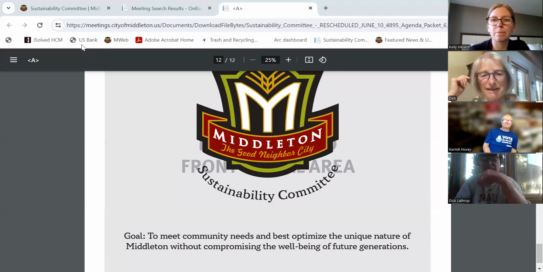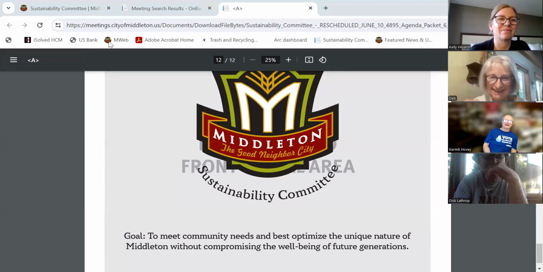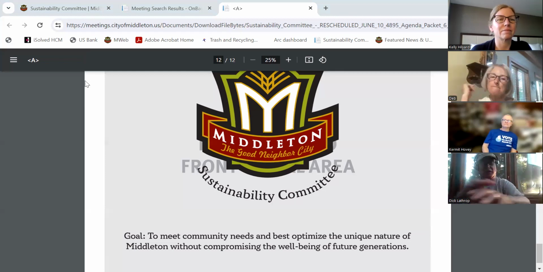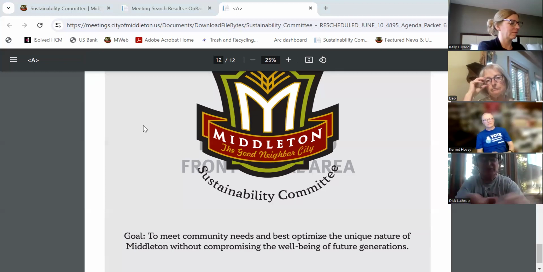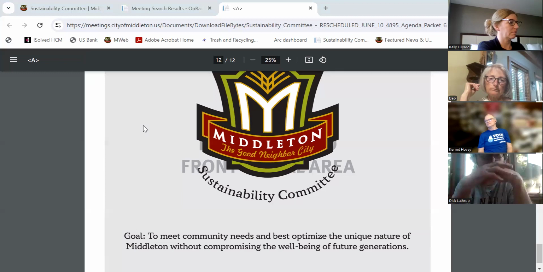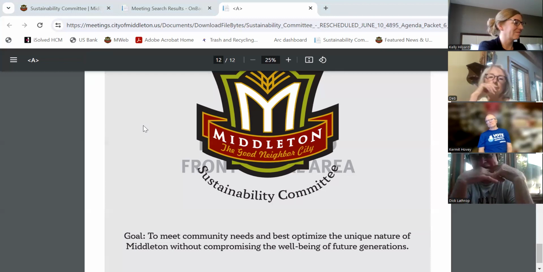Well, it is, but I didn't like that, so I changed it. Maybe you want it flat, but it just seemed to flow better this way. Yeah, but I think our official one is bolder, I don't know what the font is. This says Sustainability Committee. So it's basically our official Sustainability Committee logo. It takes the city logo and it puts underneath it what our committee is. And I'm glad Kermit and I don't always agree on everything, but this is one I think we can agree on. Less is